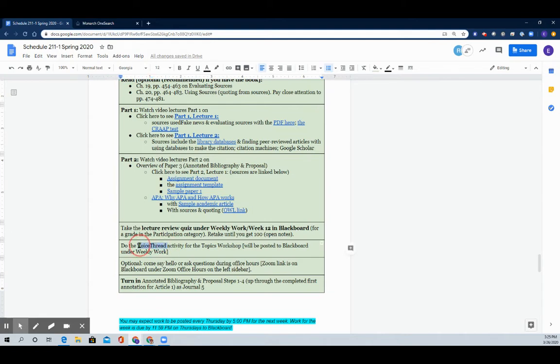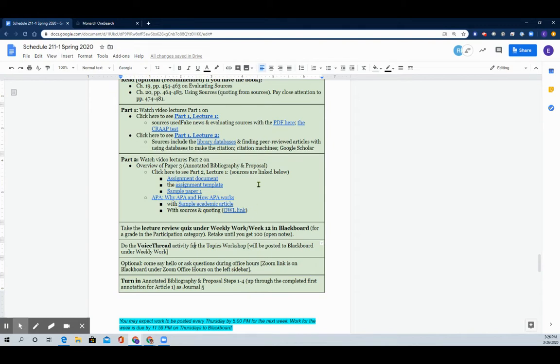So those are basically replacement activities for participation and attendance and a way to give you some good grades in the class. So for part 2, this would be about the amount of time I would spend on a second day in class. Now, of course, things are staggered out a little bit differently. I would not recommend waiting until Thursday of the week that stuff's due to do a whole part, because you still have to do the actual activities and some of the steps in your annotated bibliography.